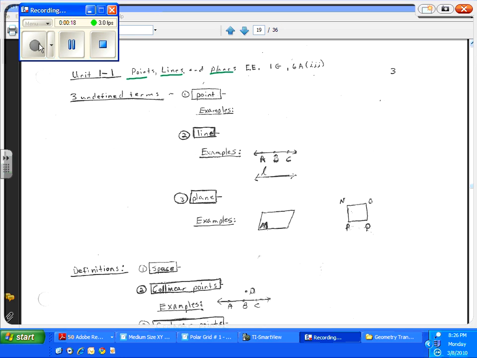We start out with geometry with some undefined terms. We go from there to definitions, and we go from there to what we call postulates and theorems, which are rules. The three undefined terms that we begin with in geometry as we begin to create a language are point, line, and plane. The reason they are undefined terms is because they represent something that in reality doesn't exist other